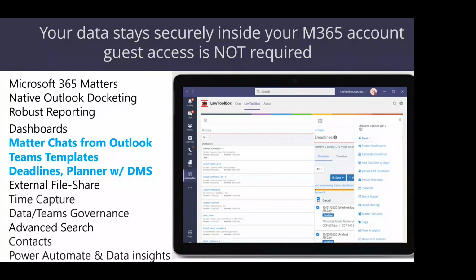So we've looked at replacing emailing back and forth with chats and Teams templates. We've looked at assigning deadlines and events and having them update everywhere in real time. And next, we're not going to dive in and show you all of these features, but we are very excited about